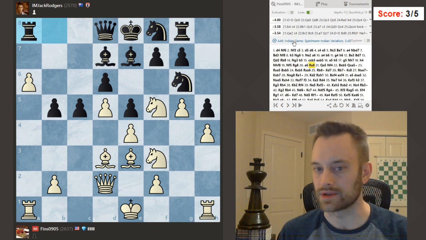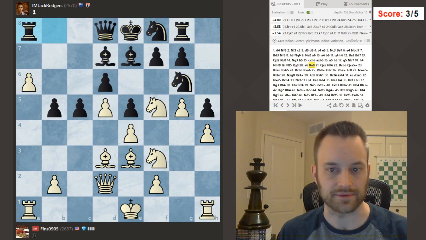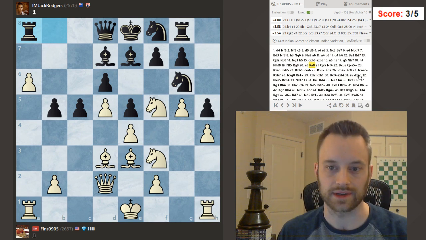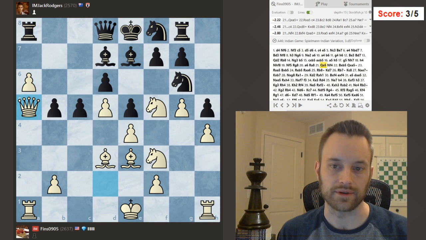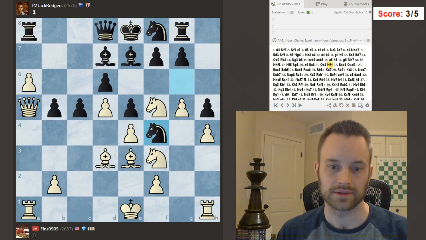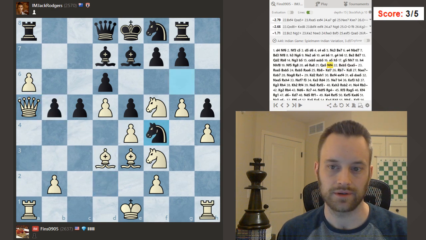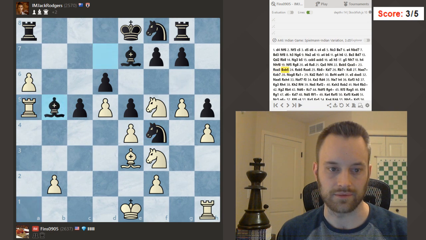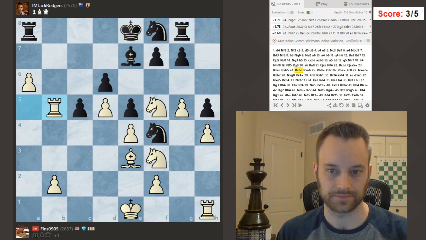Because there are several moves that are a massive advantage here for white. b4, I didn't even consider that. It's interesting. I kind of like queen a5, though. It makes sense. And then knight f4 wants me to take. Okay, and then after all this happens,